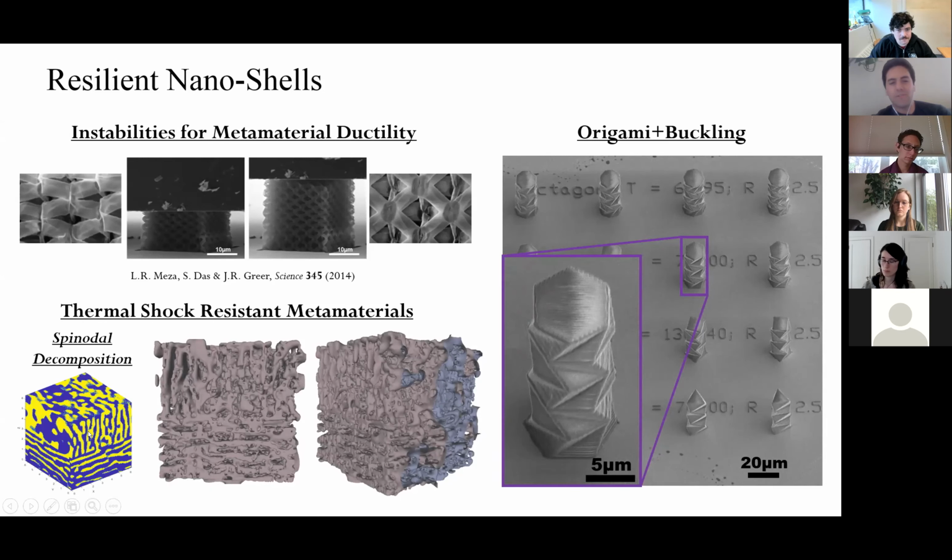Here we started looking into spinodal decomposition, which actually creates structures that effectively have no nodes. This is a natural phenomenon when you combine two dissimilar materials that phase separate. They kind of spinodally decompose and form this semi-random structure. You can take that structure numerically and create a design of it, and then create a 3D printed version of that, and then coat that with a thin shell to make a structure that doesn't have any sharp corners like the nodes here. So this has been done by a couple other groups at UC Irvine, Caltech, and we're taking that idea and seeing if we can apply it to make thermal shock resistant